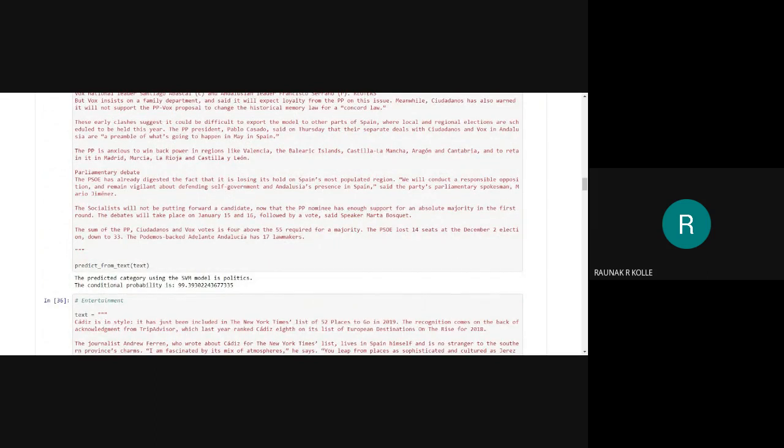The prediction is correct for the above article. Using the SVM model, it says that the category belongs to politics. The article belongs to the category of politics. The conditional probability says that it is 99.39% accurate.